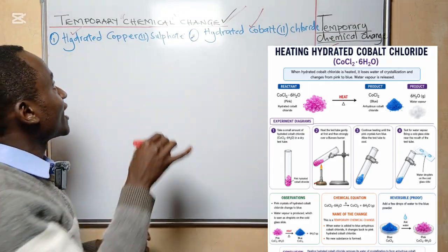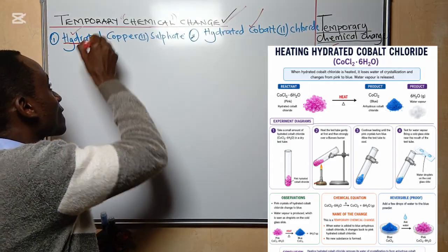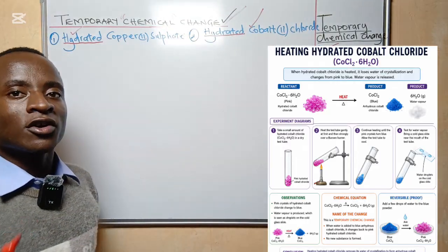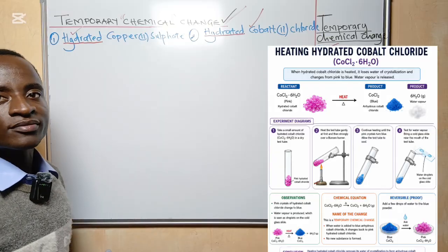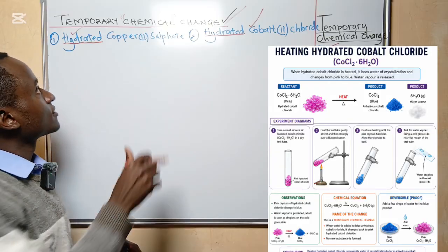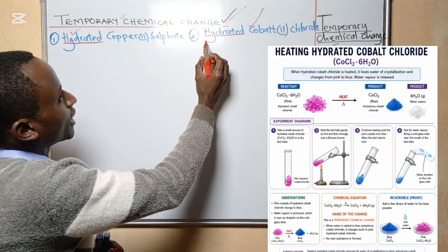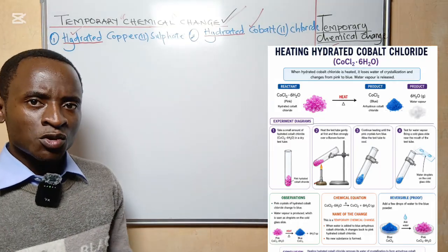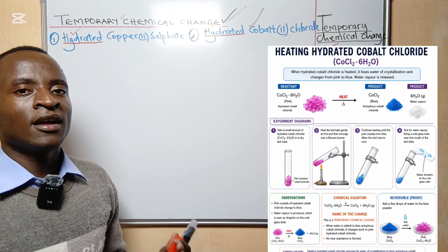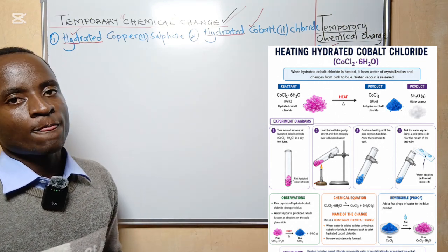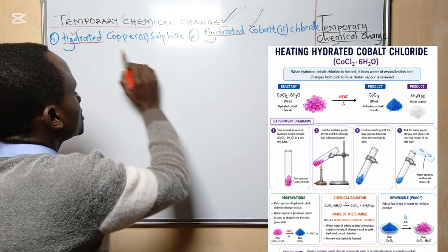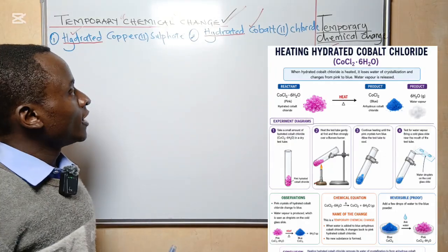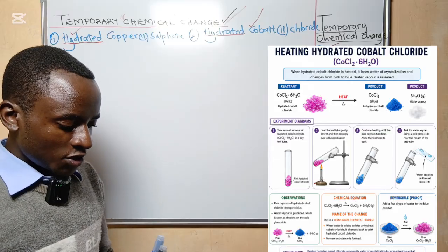I want you to underline the word hydrated. Underline these words because they are key to what we are going to discuss after this. So the 2 substances, hydrated copper 2 sulfate and hydrated cobalt 2 chloride, these are the ones we are going to use to demonstrate a temporary chemical change. When you look at these 2 substances, they are chemicals, right? Good. Now we need to ask ourselves,